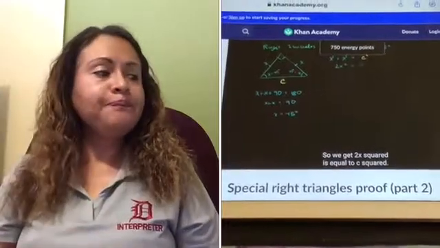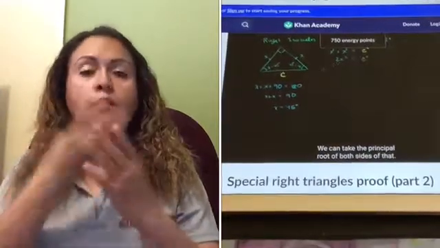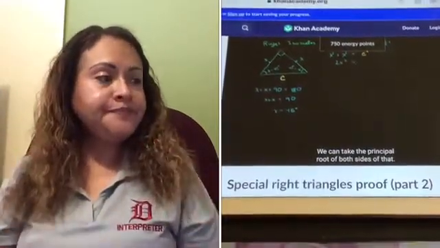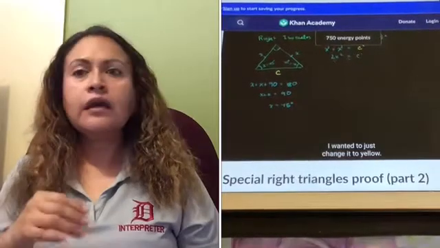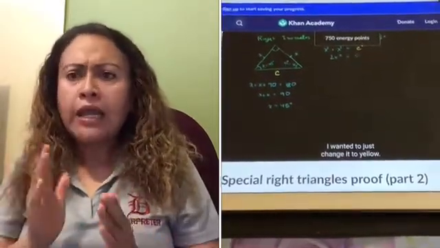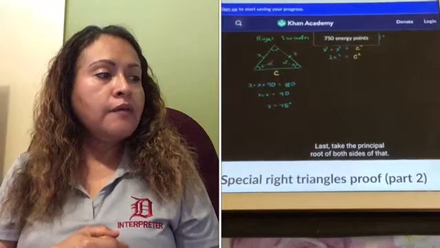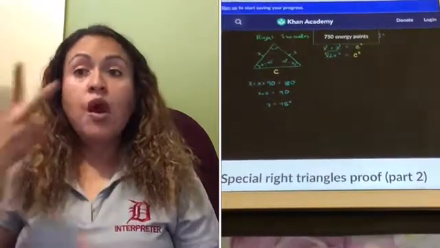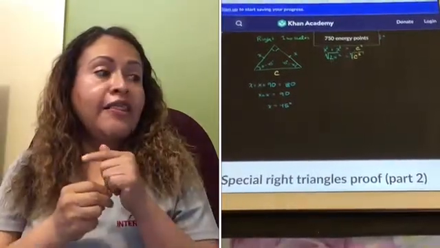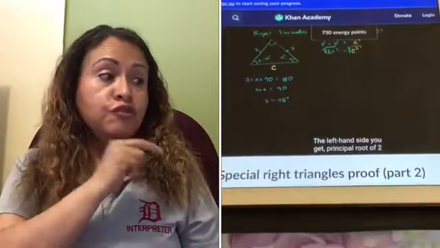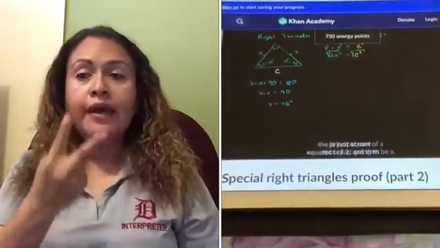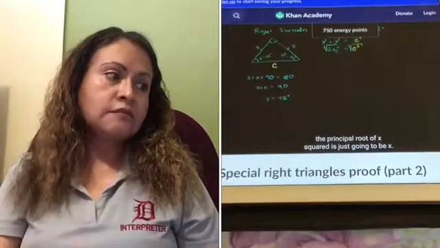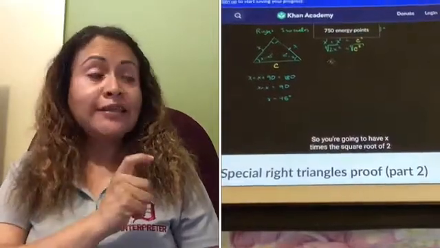We can take the principal root of both sides of that. Now let's take the principal root of both sides. The left-hand side, you get principal root of 2 is just square root of 2, and then the principal root of x squared is just going to be x. So you're going to have x times the square root of 2 is equal to